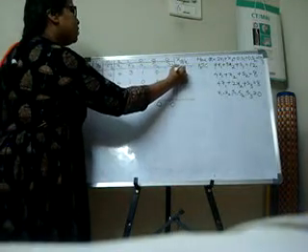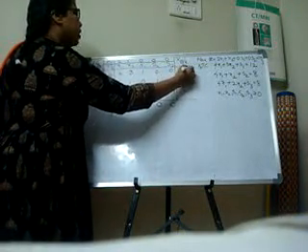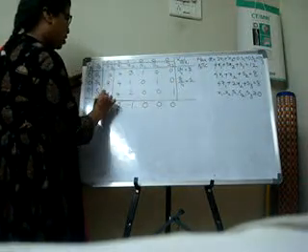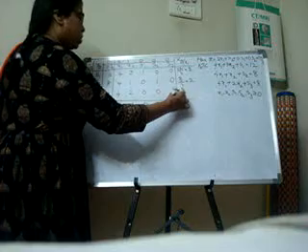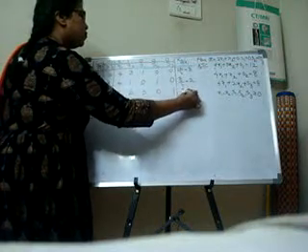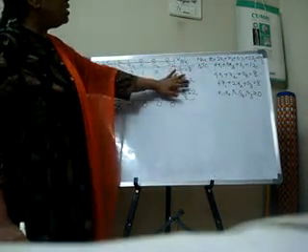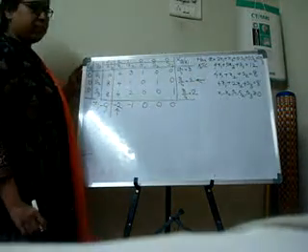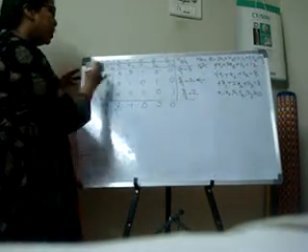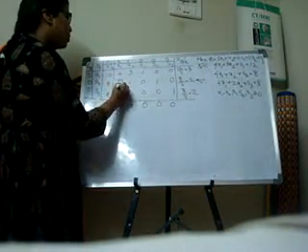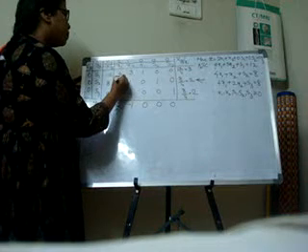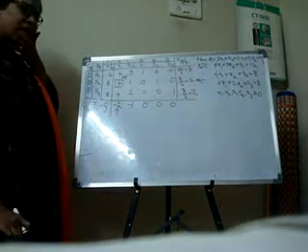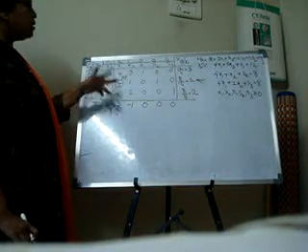So 12 divided by 4, which is 3. 8 divided by 4 is equal to 2. 8 divided by 4, which is equal to 2. Again there is a tie between the least values. So which one do we have to choose? We have to choose the above one. So this row will leave and this column will enter. So our pivotal element would be 4.